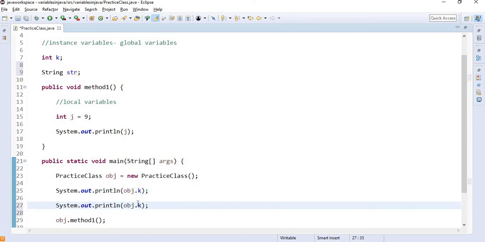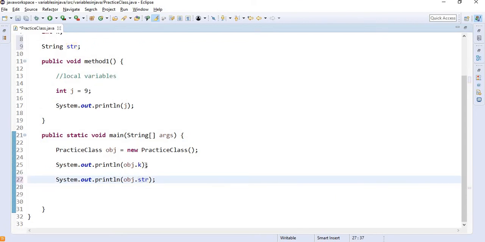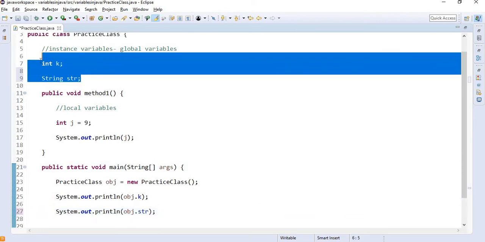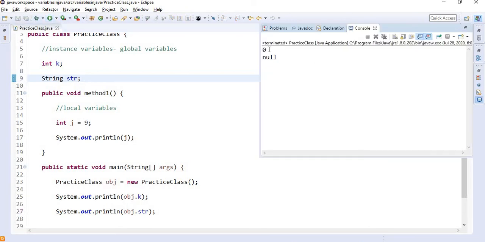A string holds the default value as null. Right now I am only printing the value of k and the value of string, these instance variables. See, the default value of my integer is 0 and the default value of my string is null.